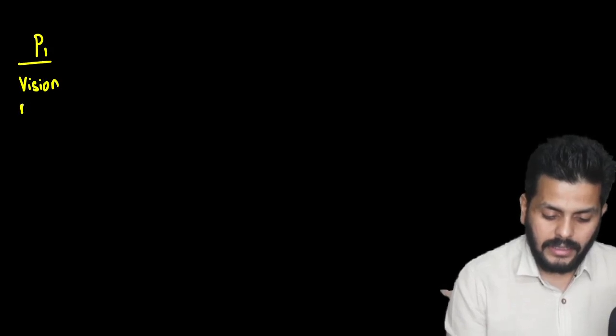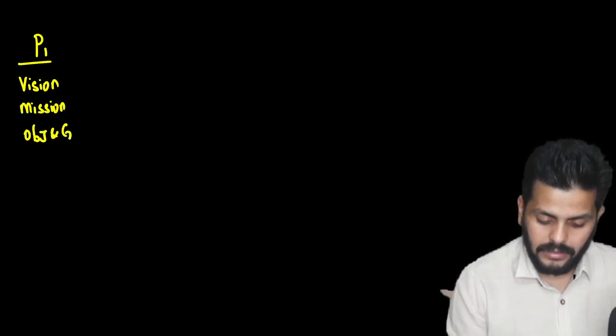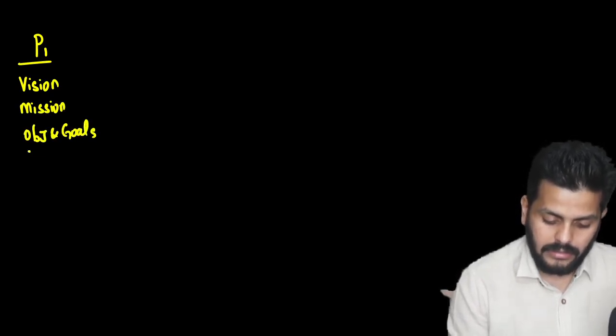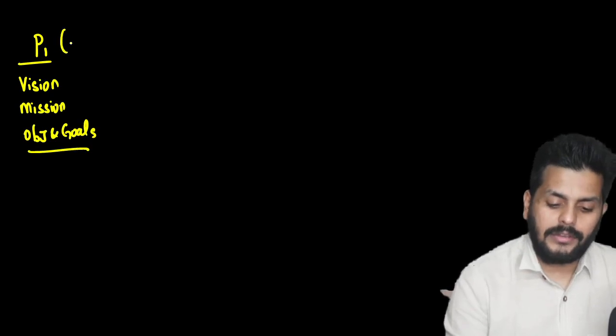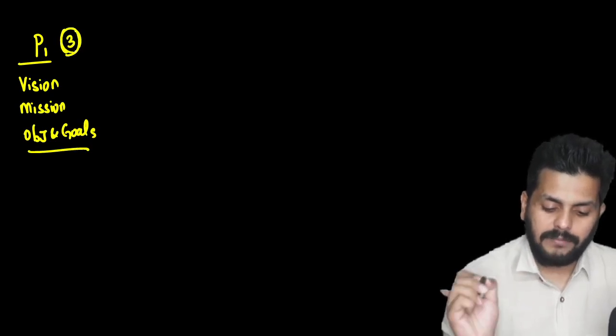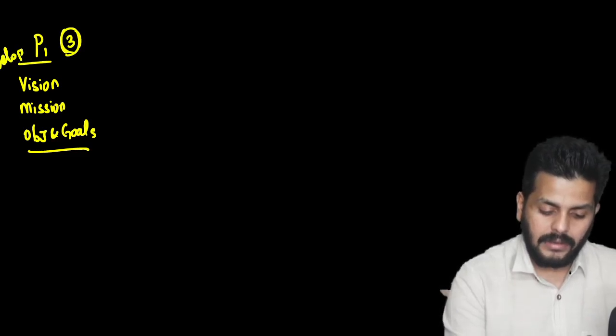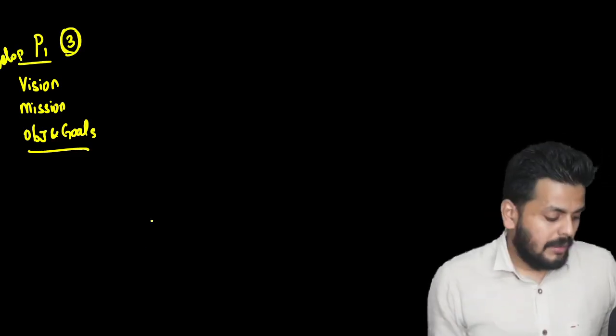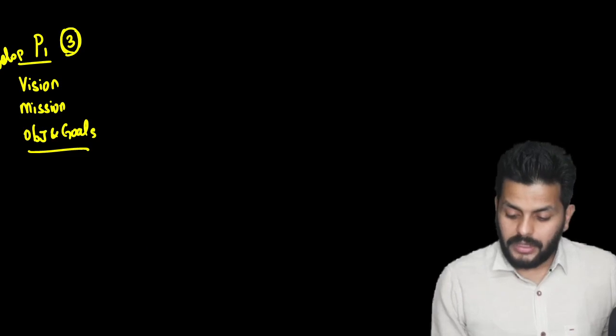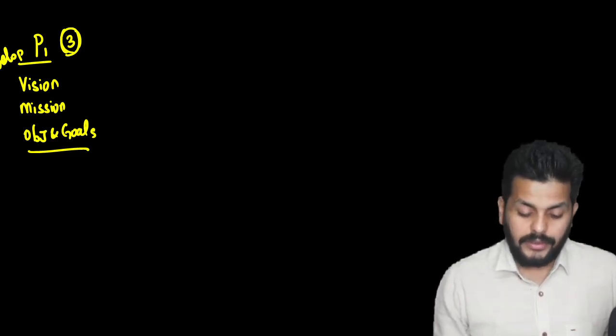Phase 1: vision, mission, objectives and goals. So this is what we have already discussed in chapter number 3. So not much of a difference, developing vision, mission, objectives. But when it comes to talking about what we are actually going to do in phase 2,